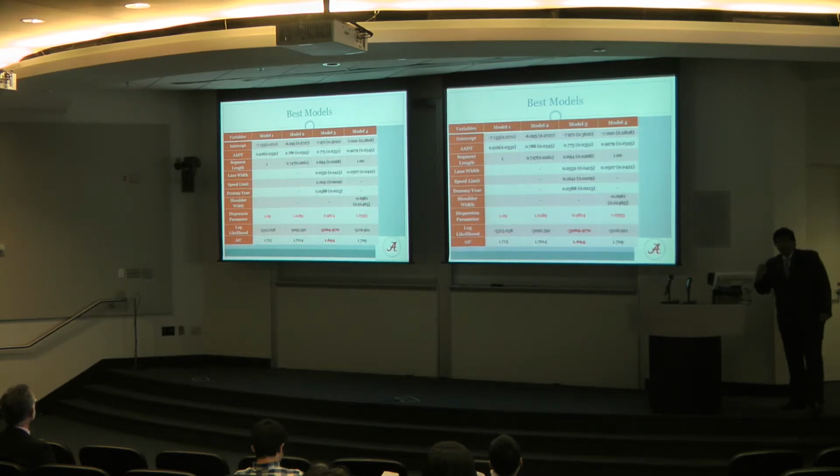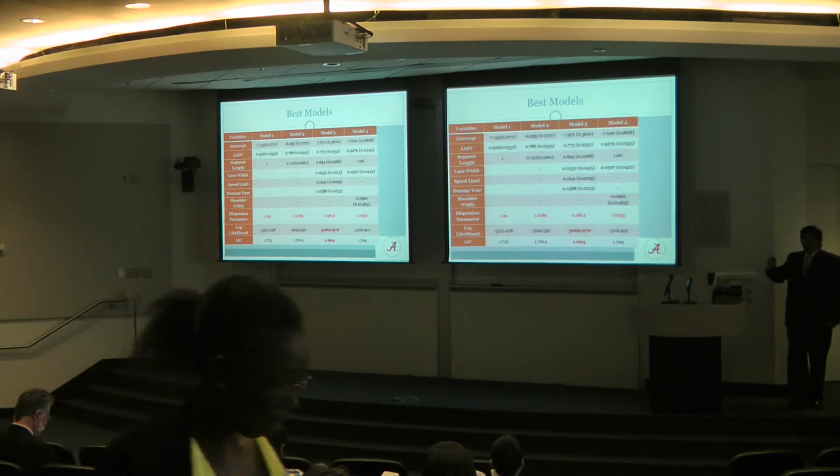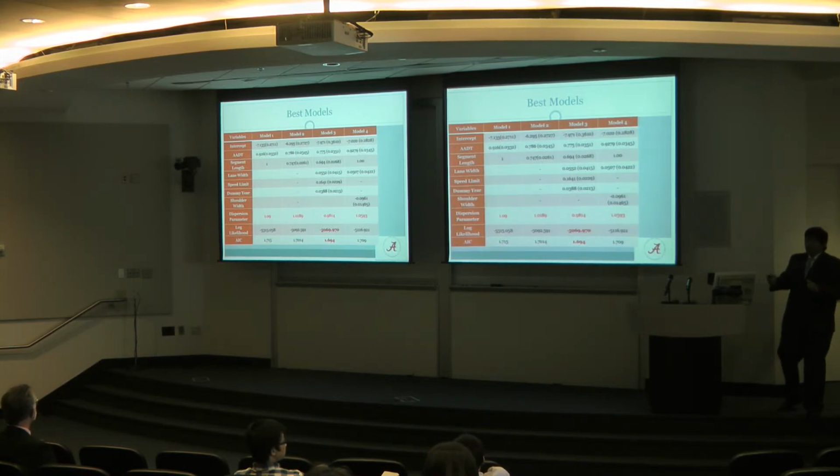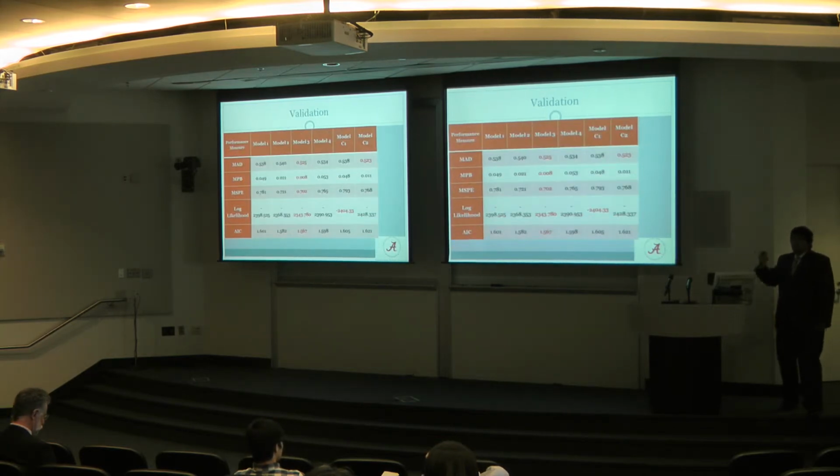Now, if there are some statisticians in the room, they would be jumping: oh, you put more variables in your data, and obviously you will get a better fit. But that is not the case. In order to make sure we don't do overfitting, we even validated our models using a validation data set which was not used for training. The data sets were different for training the model and validating the model.